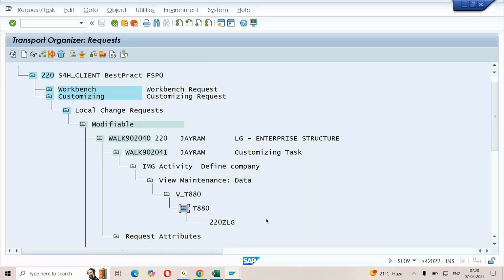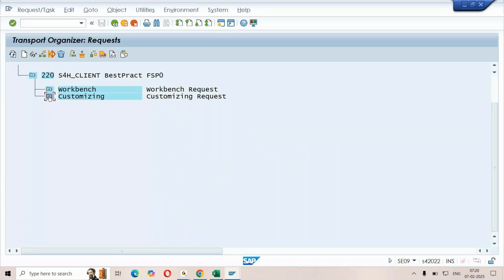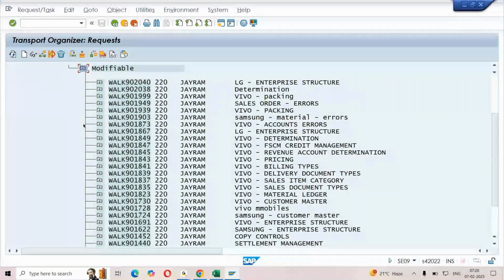So this is very important for us. Whichever request you want your basis team to move into a different system, you need to provide it. In real time, we prepare transport request documentation and put all the information. We try to create different requests for that. Whenever you save any data, you will find one main request under that subtask. So by default, the system prepares it.